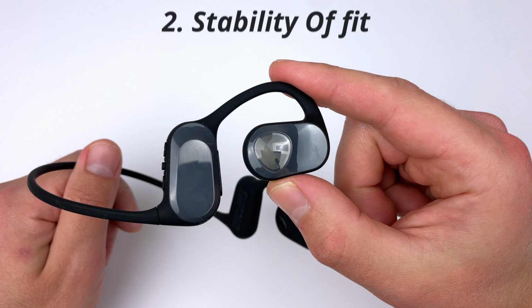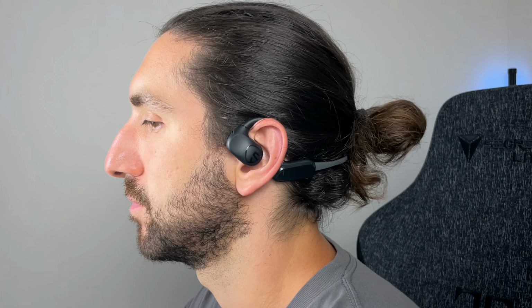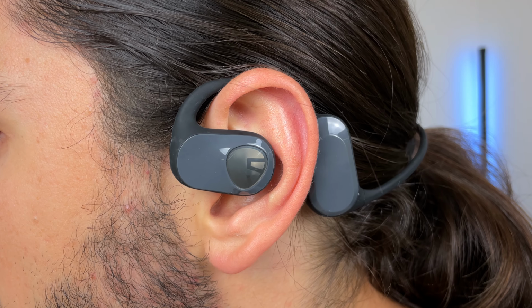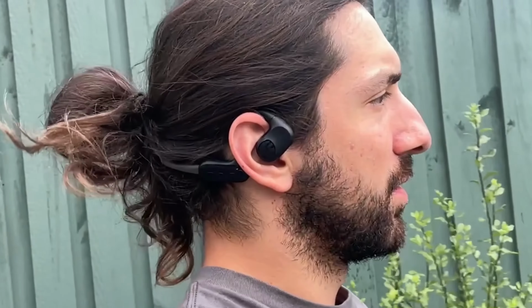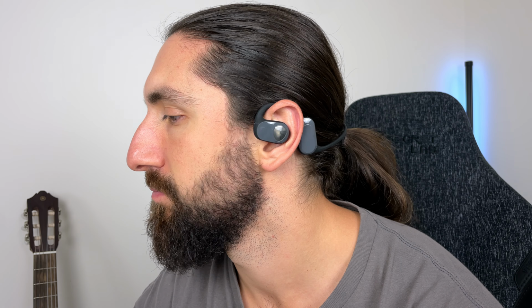And this silicone leads me to improvement number 2, which is stability of fit. Because this was a small issue with the Lite. When I was running or walking outside and I would look left to right, the buds would move out of my ear canal slightly, which would affect the sound quality. But with the extra grip of the silicone on the RunFree, this doesn't happen anymore. So when you're running, exercising, moving your head around, looking around, the RunFree don't budge out of place at all